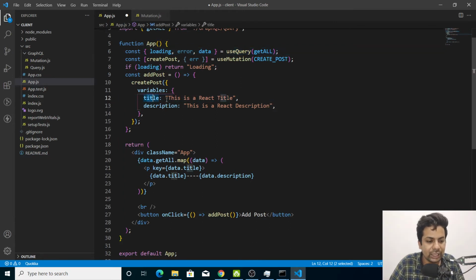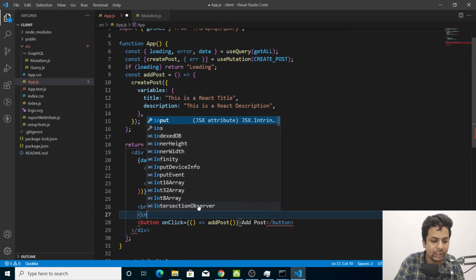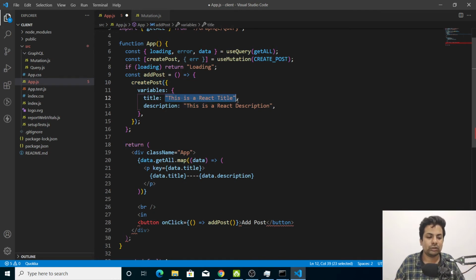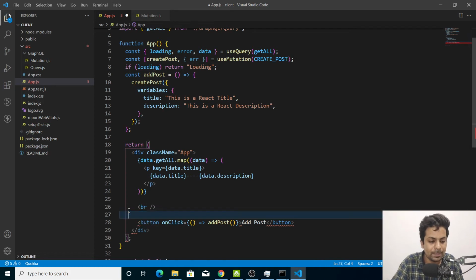So this is static data. You can put an input tag here and use onChange and reference and pass that variable here. That will also be a way, but I am doing it in a static way, otherwise there will be so many onChange handlers. So let me just do it like this only.